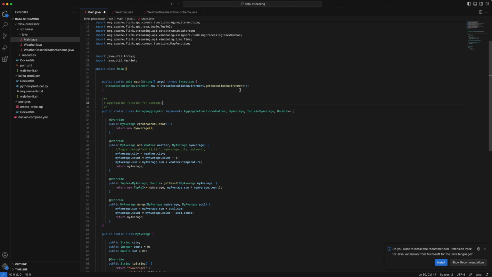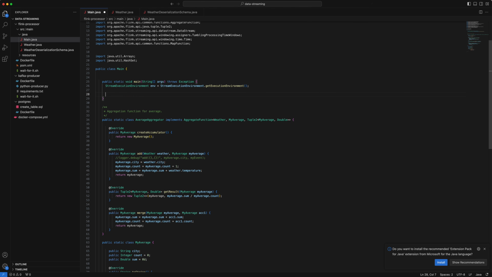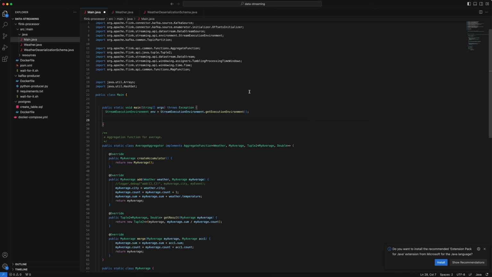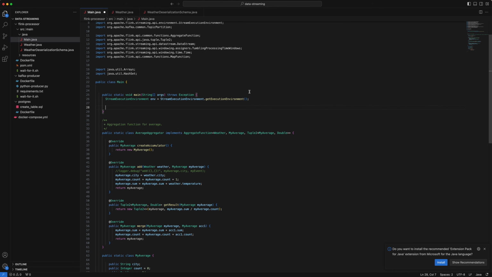So the stream execution environment gets me the streaming environment, and this is imported directly from the Flink streaming Java library. And then what I do here is I create a source. My source is going to be weather, so I will have a Kafka source, and the weather source will be equal to Kafka source dot